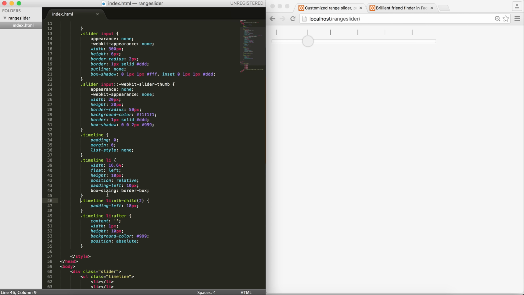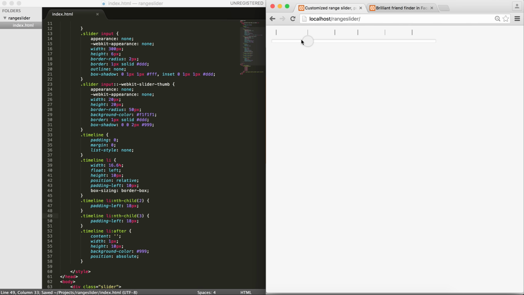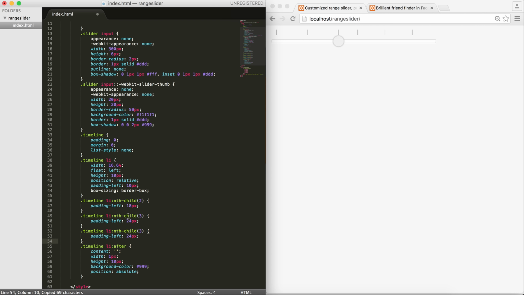So I will continue doing this for the next elements of li. So the third one, let's see how it looks. It's this one, this one. All right, I will change it to 24. Let's see how it looks. Yes, and then I will go for the next one. You can see the pattern here. So 18 to 24 is like 6. So this guy I will set it to 30, and